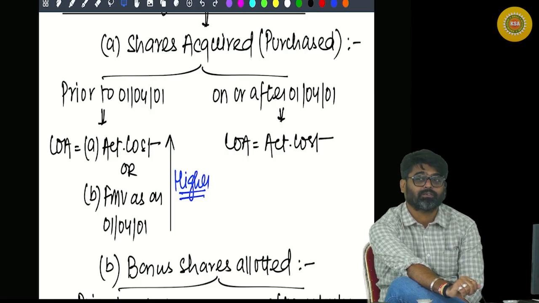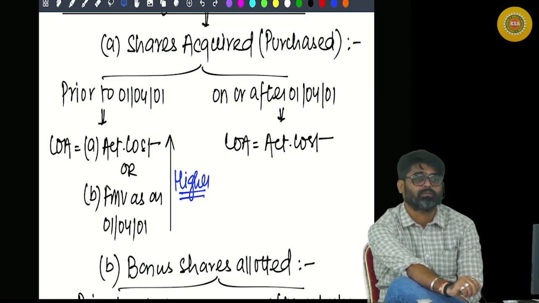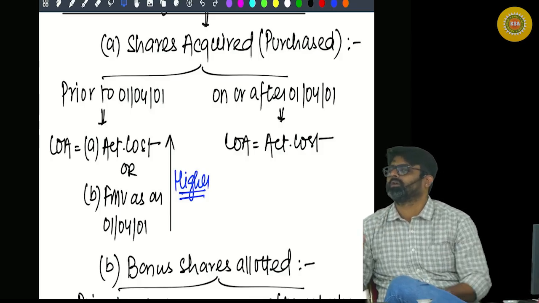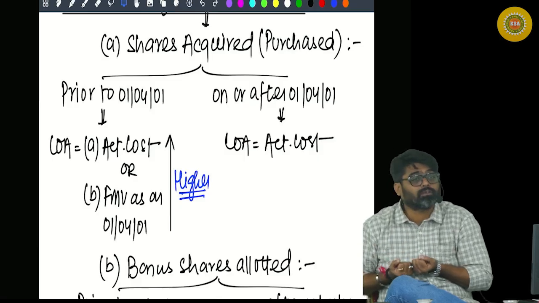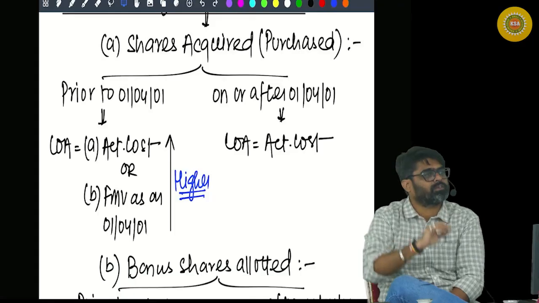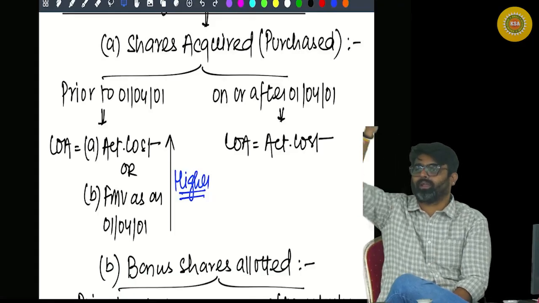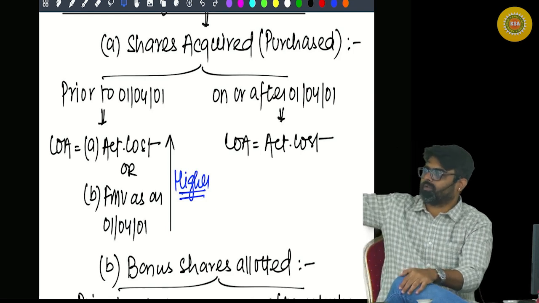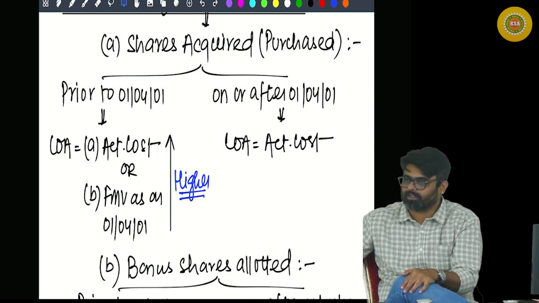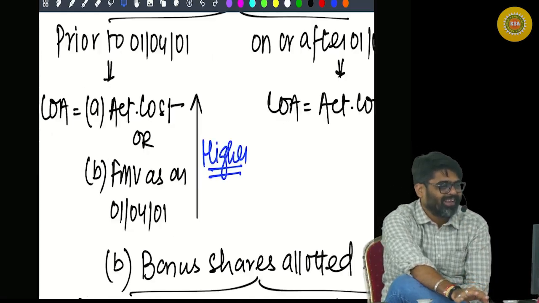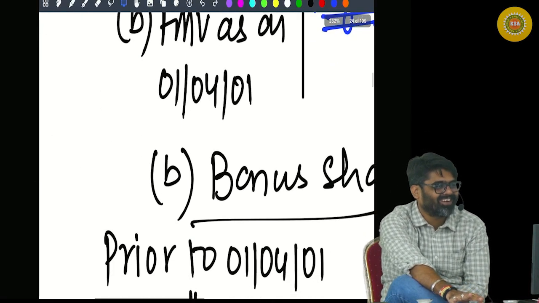Now bonus shares, what will be the cost? Common sense. Actual cost. How much did you pay to get the bonus shares? Nil. Actual cost will be the cost of acquisition. Copy, paste. For all assets, it is actual cost. So for shares acquired, it is actual cost. For bonus shares, it is actual cost. But my question, if the bonus shares are acquired